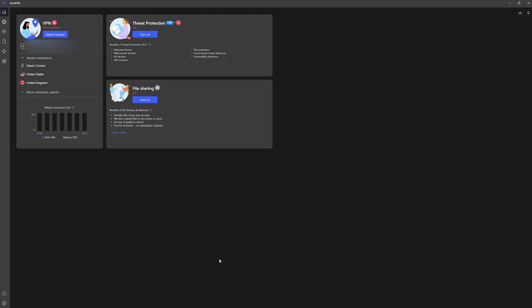To connect to a VPN, all you need to do is click on Quick Connect, and just like that, you've connected to a VPN. If you would like to connect to a different VPN, all you need to do is